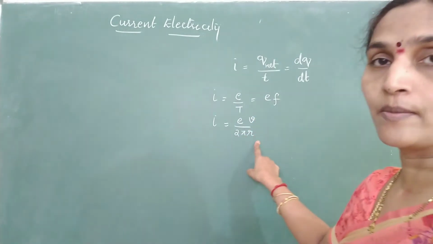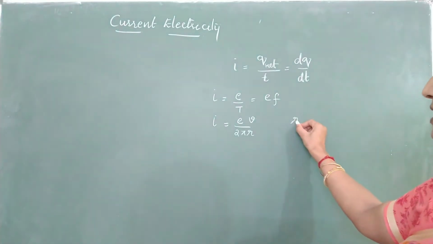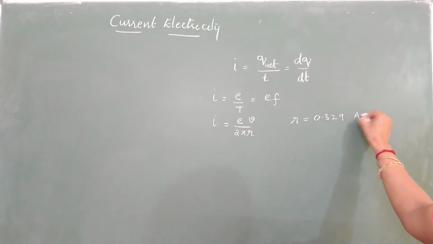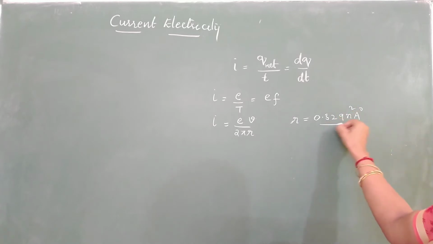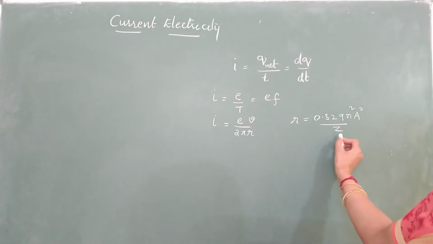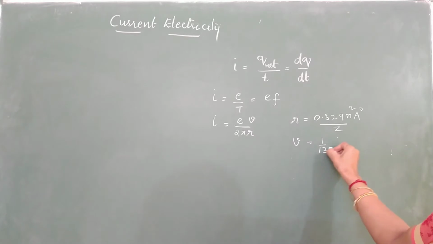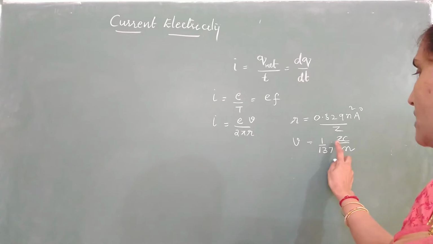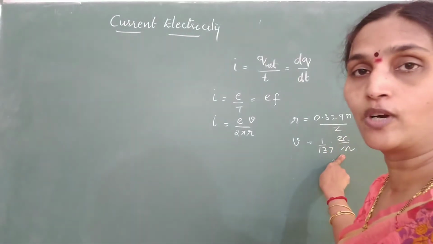And if it is a Bohr's orbit, say they have given you an electron revolving in the first Bohr's orbit, what is the radius of first Bohr's orbit? 0.529 angstroms for a hydrogen atom. If they give you any other atom, I will write it as n squared divided by Z, where n is the orbit, if it is obeying Bohr's atomic model for all hydrogen-like electrons. And the speed of electron? What is the speed of electron? 1 by 137 times Zc by n, where Z is the atomic number, c is the speed of light, 3 into 10 power 8, and n is the principal quantum number.